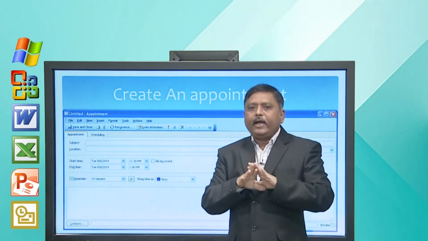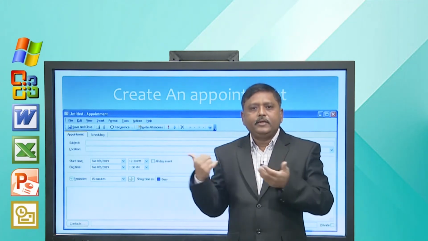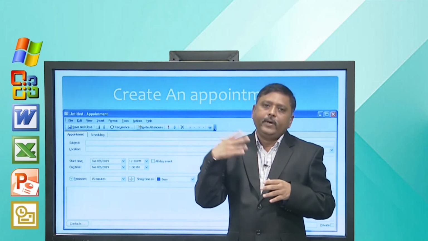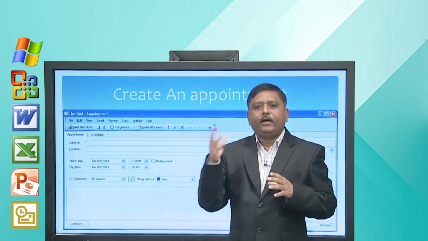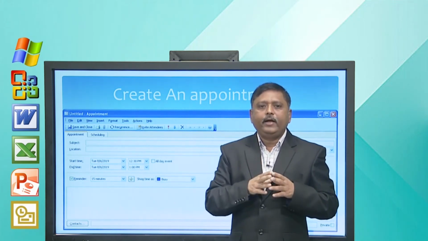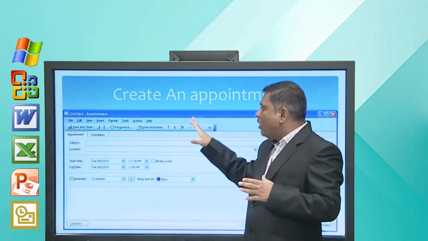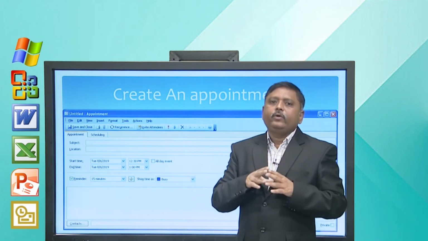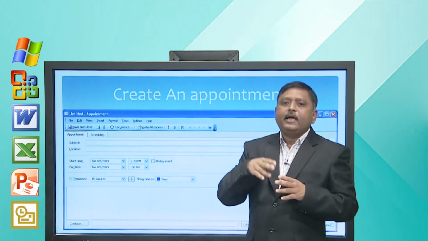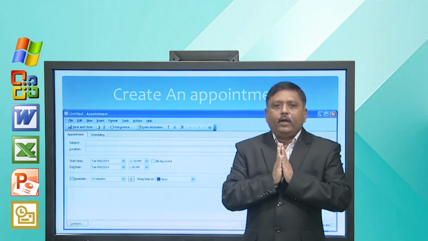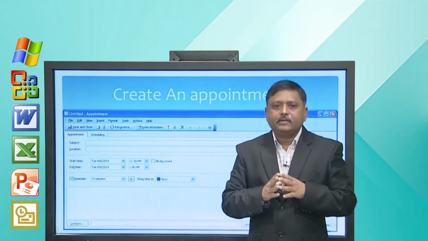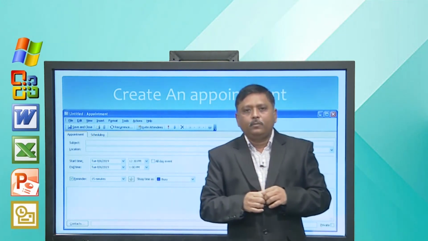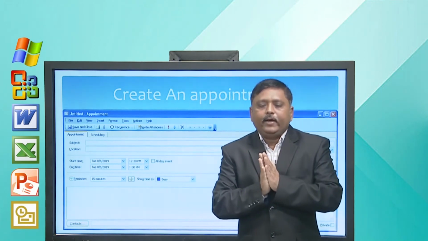So, next time you need not create this appointment, it will be considered as a recurrence and it will automatically remind on that particular frequency or date and time. So, not only can you create an appointment, but you can invite attendees, you can specify recurrence, you can set a reminder. So, once all these parameters are set, you can save and close the appointment. So, this is how we can create an appointment.